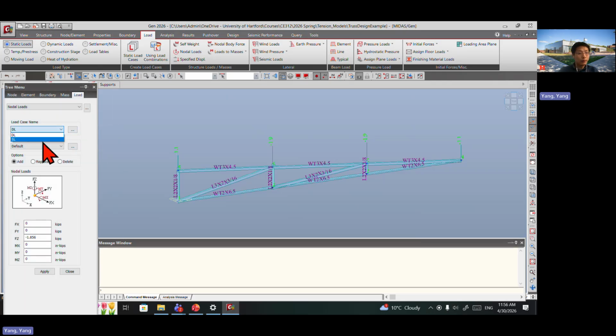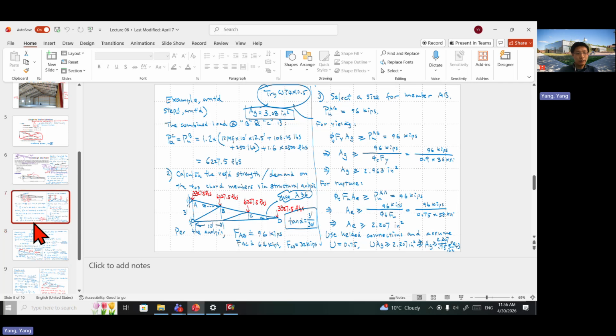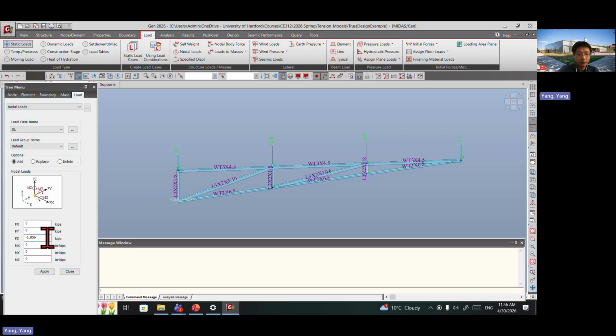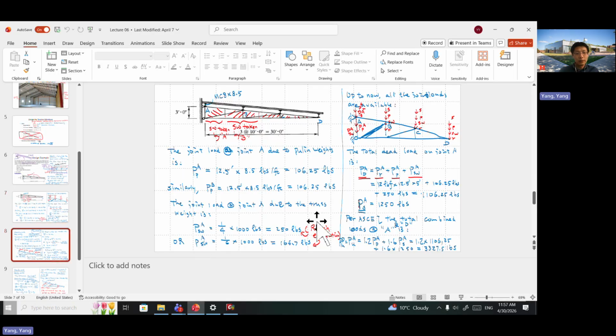And then we go to snow load. Snow load, and for the exterior ones, we calculate the snow as 1.25 kips, this one and this one. So we apply. So we applied that. So then for the interior ones, sorry, that's